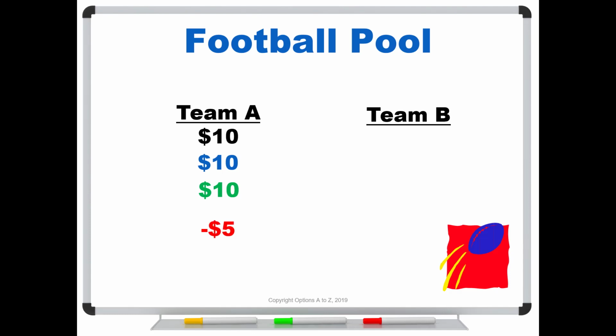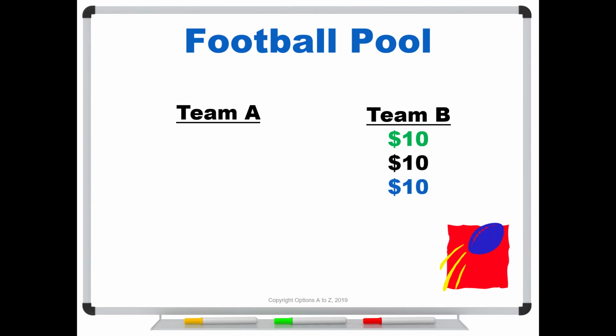But now what happens if Team B wins? Well, let's go back to the initial setup. If Team B wins, all of the money from Team A flows over to this side. There's now $30 in the pot, but you get to keep it all. So in these cases, you're going to win 30, you spent 20, on a net basis, you're up 10.